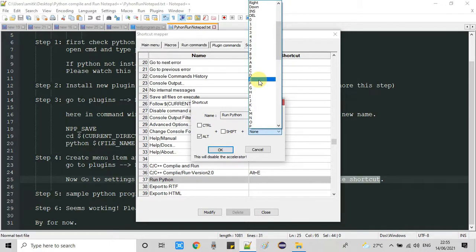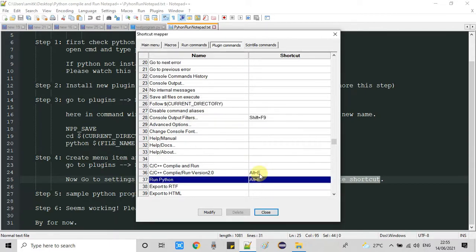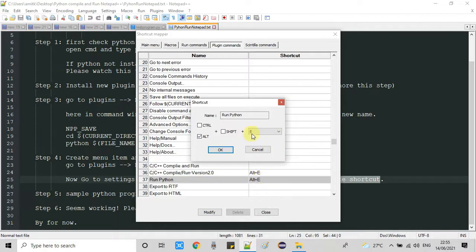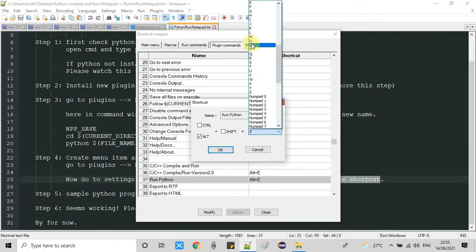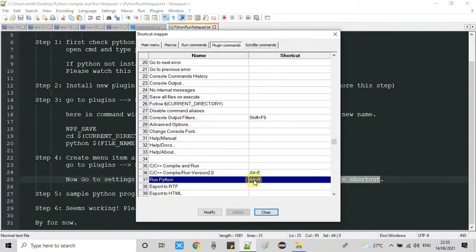I think E is good for me, as in execution, Alt E. If you want to create a shortcut key combination with 3 keys, you can do it. But okay, now I found that Alt E is already there, so I have just changed it to Alt plus R, and this is saved.